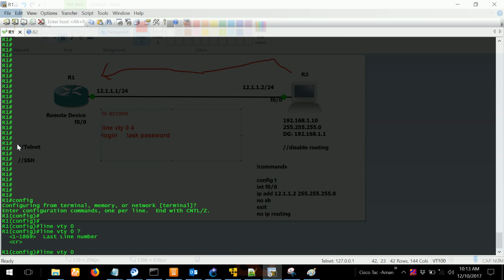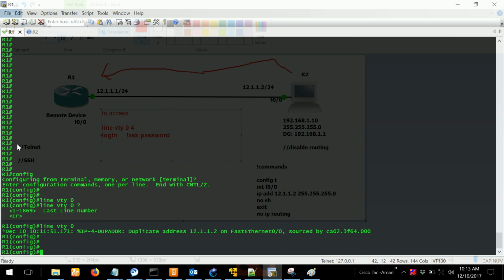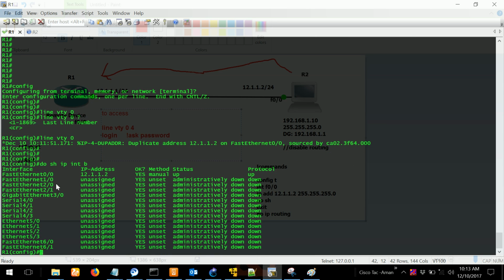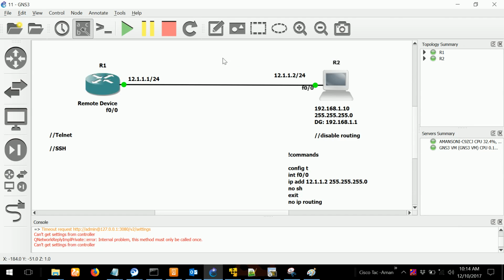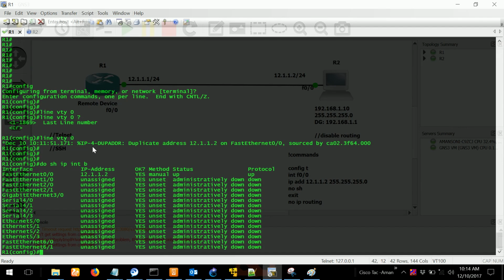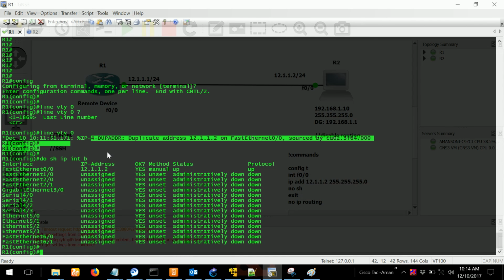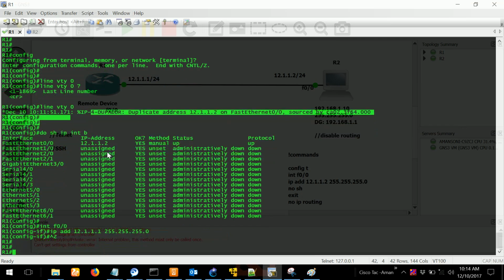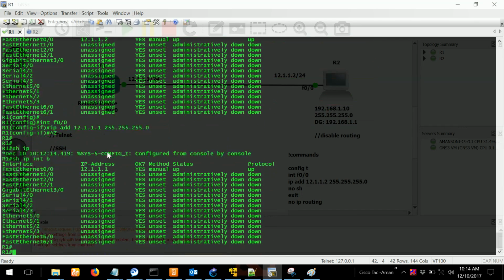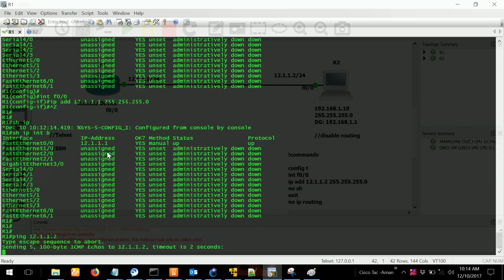Now, simple as that. If I do 5, it will give me like 6 people can access, 0 to 5. But let's go 0 to 4. But before that, we only have the IP address here. Okay, let's do show IP interface brief. On our side it is supposed to be 12.1.1.1. Good thing: if by mistake you gave the same IP address, after some time you will see some messages like this. So no worry, just change the IP address. All good now. With only the IP address configured, I can even ping the other guy because it is directly connected to me.